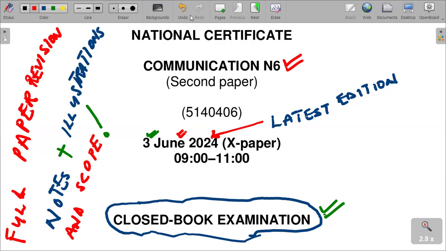I'm going to present to you some notes, some illustrations, and the scope. So just please be patient. The paper might be a bit long, but just go through it, because this is a typical paper that you're going to write next week on the 25th